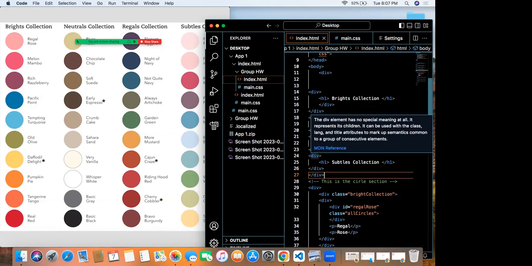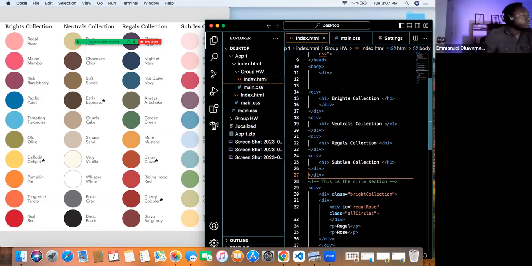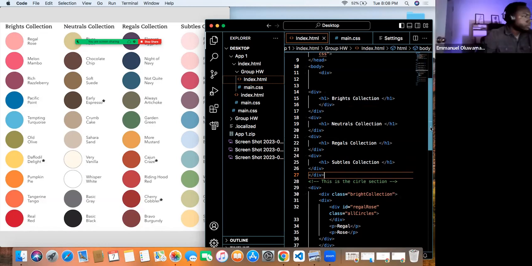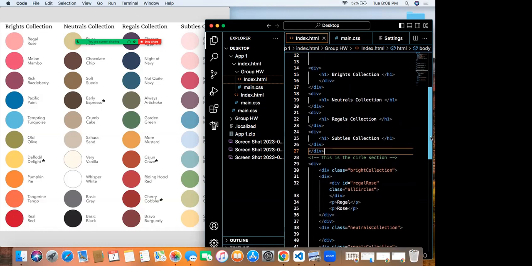Did you get rid of one of the divs? No, it's still there. Yeah, it's fine. I'm guessing now we have a container.